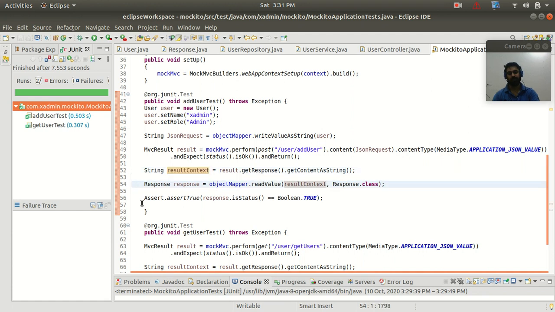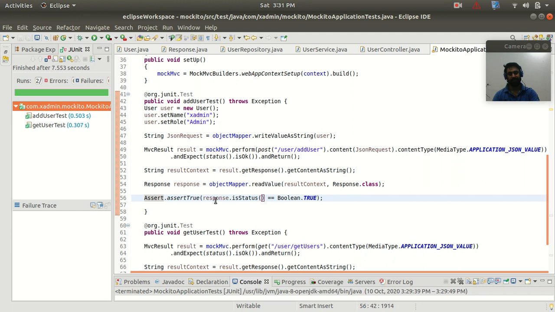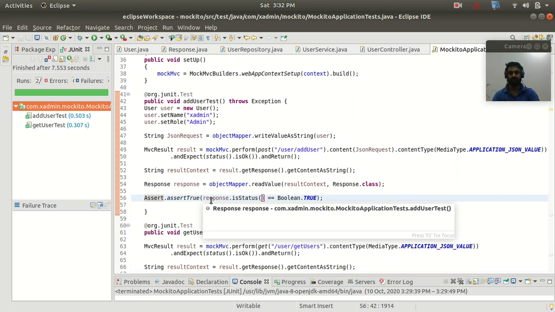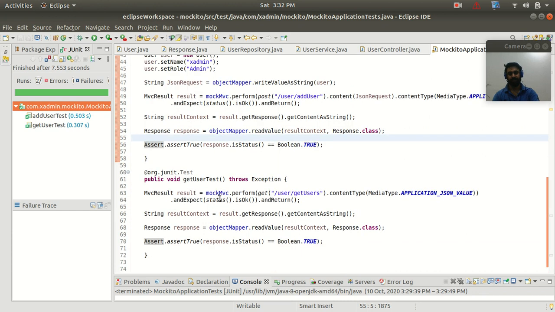And after that, I'm using the assert class assert true method to check the status. If the status we are getting is true, then guys it is going to pass, otherwise it is going to fail, right? So guys, in the same way,